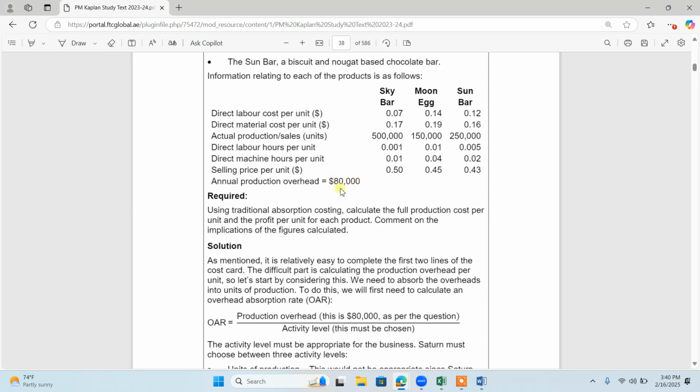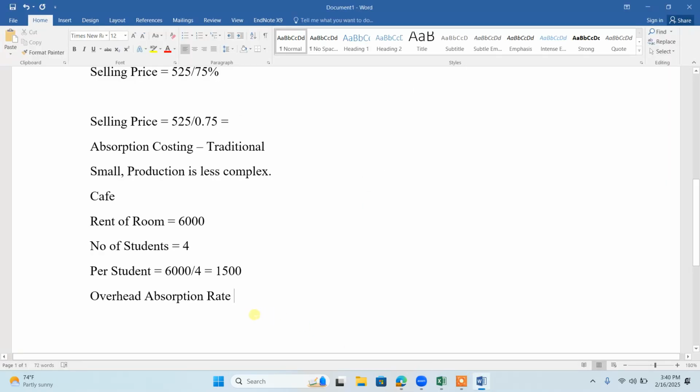The second thing is that this 80,000 is for how many units? This is not for 1 unit. We have produced 500,000 of the Sky Bar, 150,000, and 250,000 of the Sun Bar. By producing this many units, the total cost of our overheads is 80,000. So we need to calculate the per unit overhead cost of each unit. That is called the overhead absorption rate,